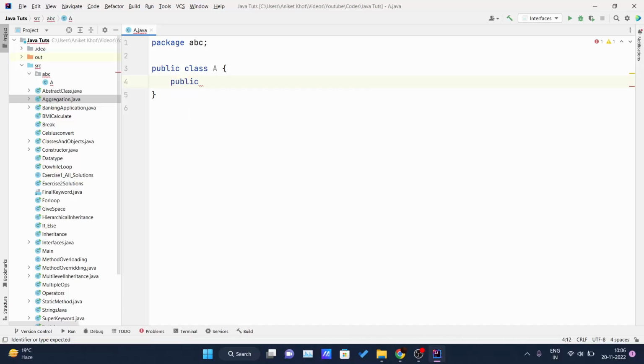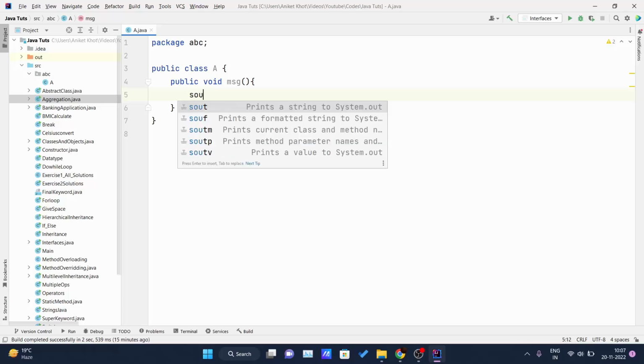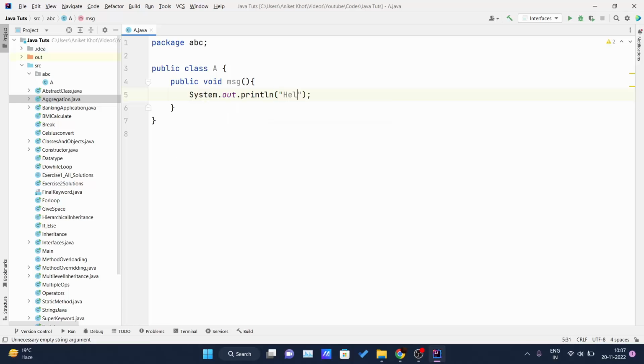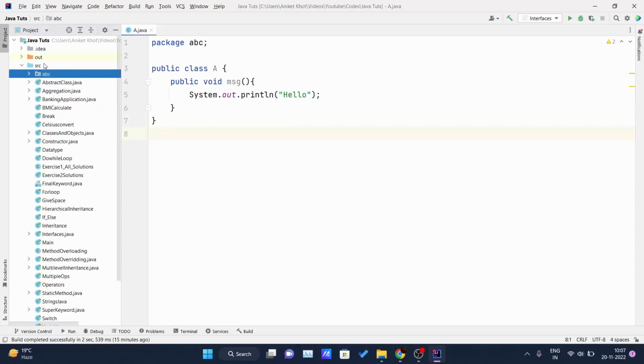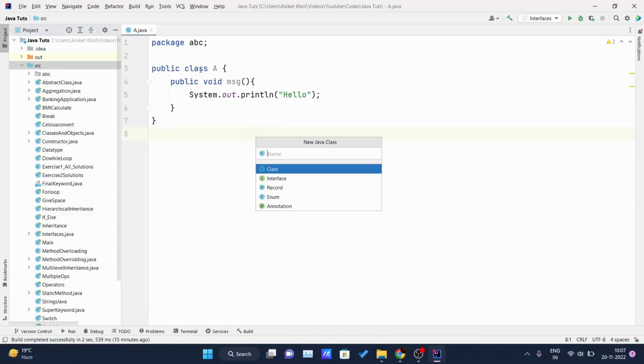public void message, and inside this I will simply print hello. Okay, and I will save this. Okay, and now if I go outside of this package, I will create one new Java class named B,